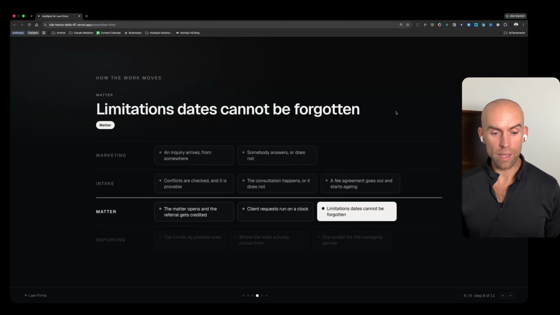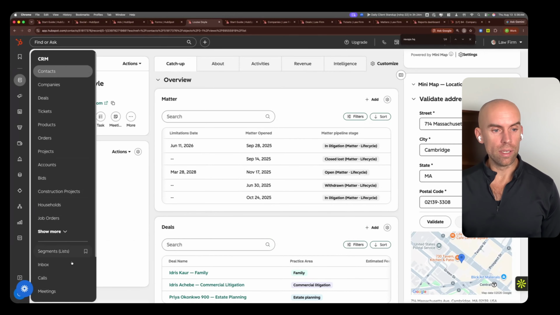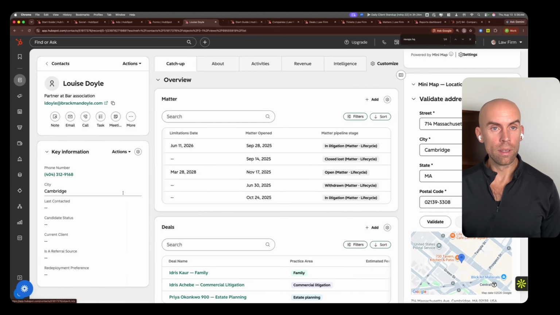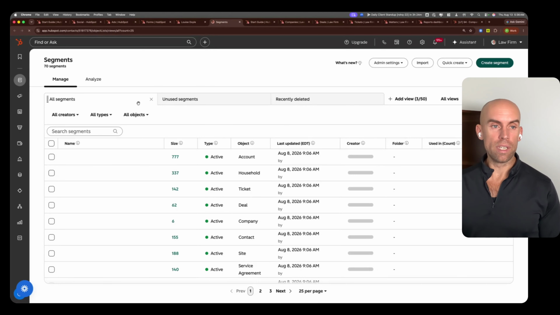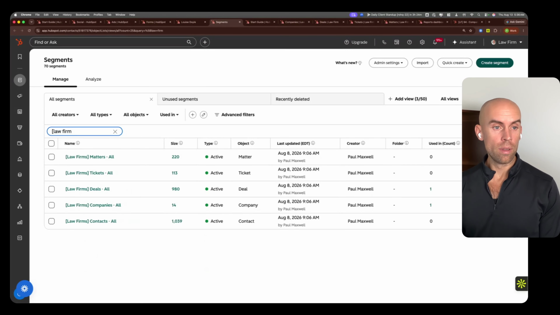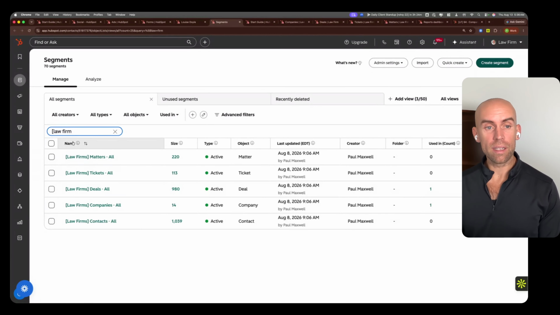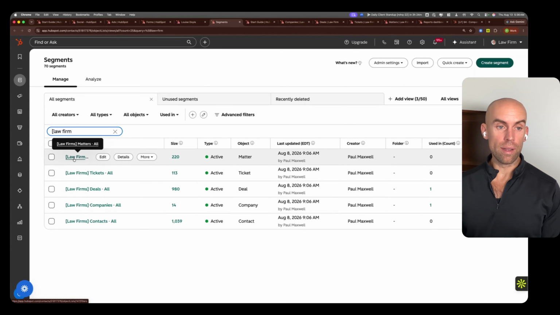And that automatically there are reminders to the client and to the internal attorneys about all of those limitations. And we can also build, just to show you here, a list of all of these objects here in HubSpot. So if we go to all of our matters, tickets, deals, companies, and contacts, we can create limits on these things,